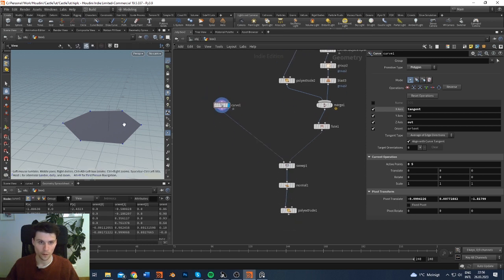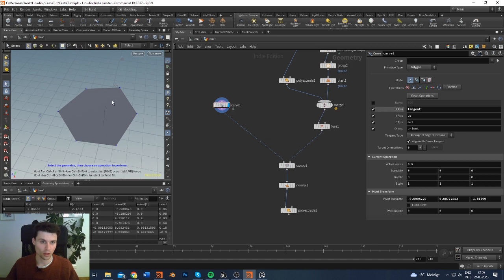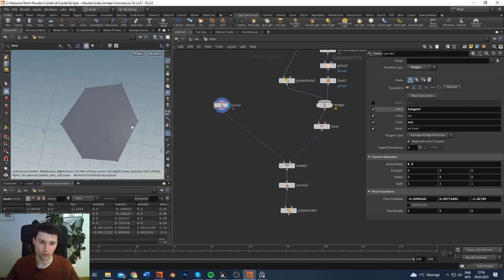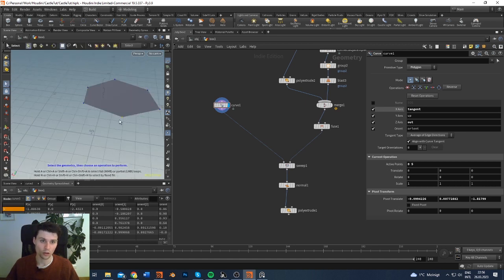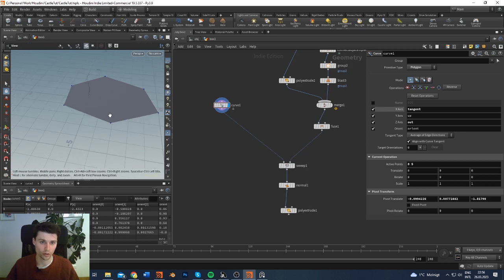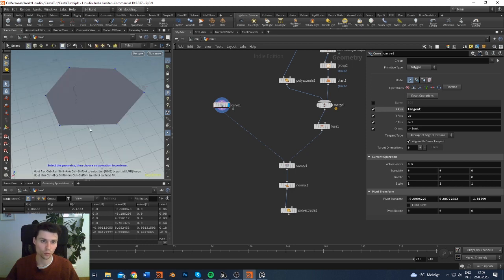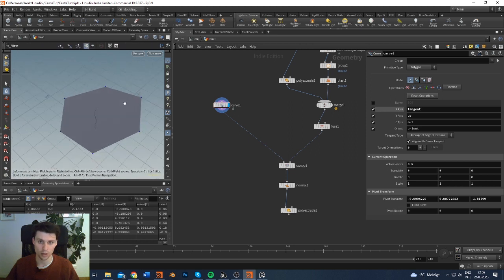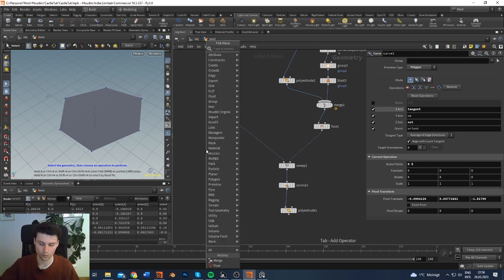So in order to scatter something along a spline, you want to know where you want to scatter it. So let's say one window on every segment. That means we would need one point on every segment. In order to add points to edges or lines, splines, whatever, we can use the, good question, what